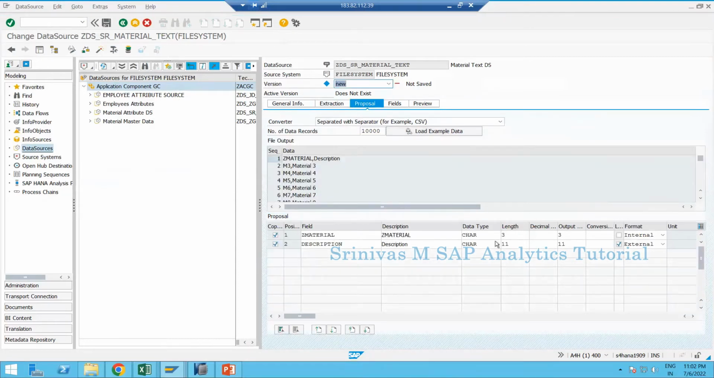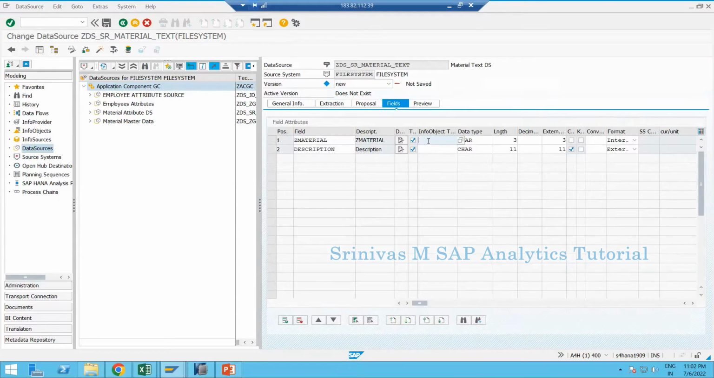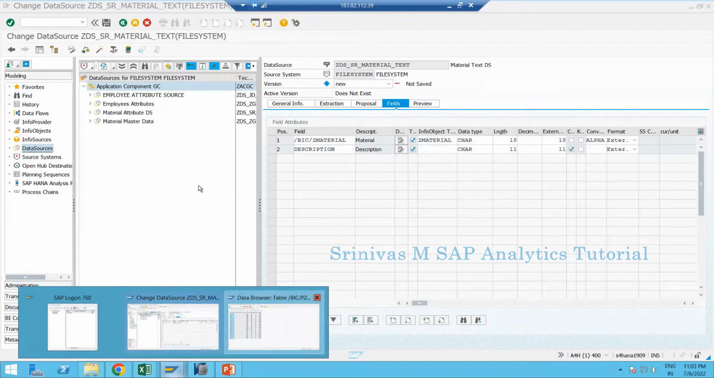Two columns got created. You need to change the material length. You can change it here, or on the next screen also you can do the same. On the next screen, you can assign the info object, so that all the information will be taken automatically from this info object. Okay, you see 3 got changed to 18 and everything. What about the description? Do we have a description info object available to us? We don't know, but here, if you go to the text table,